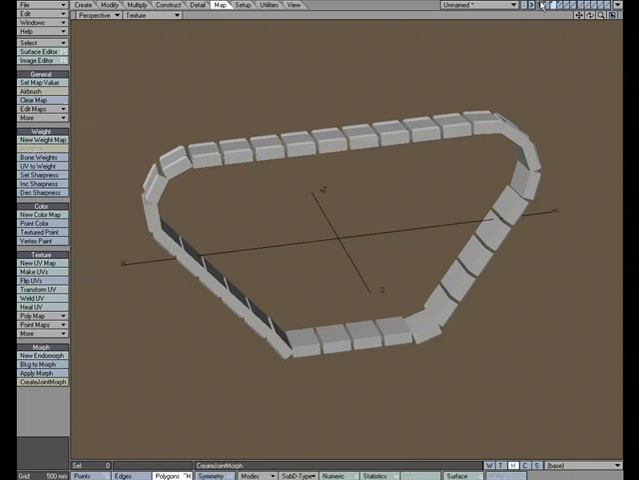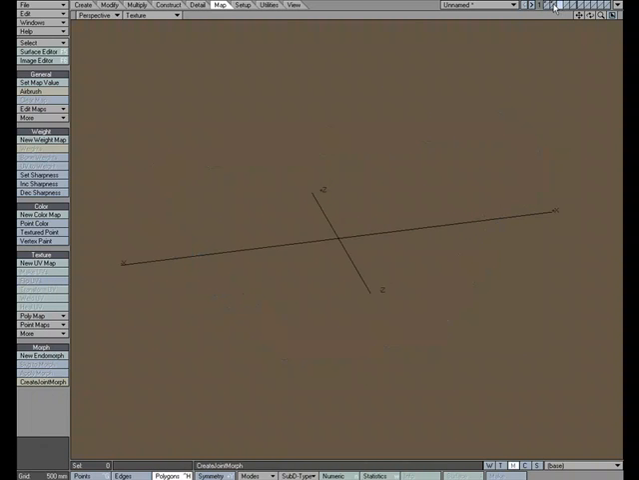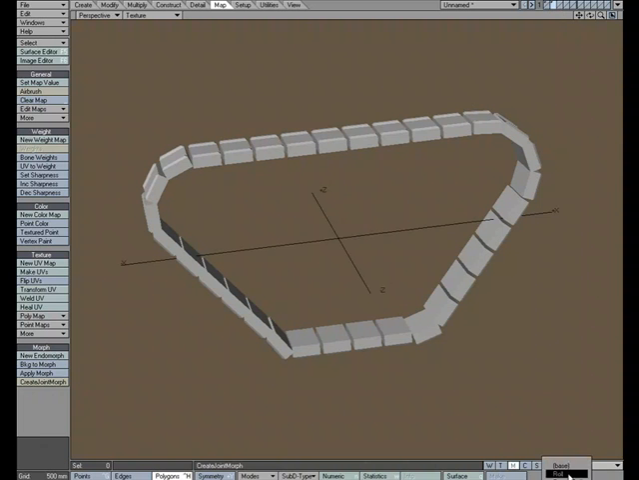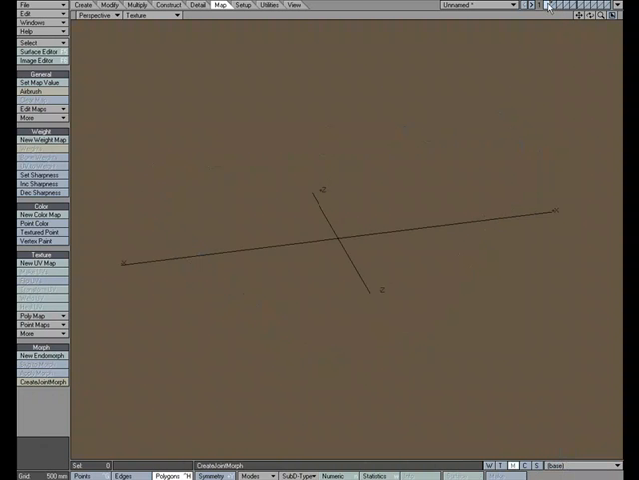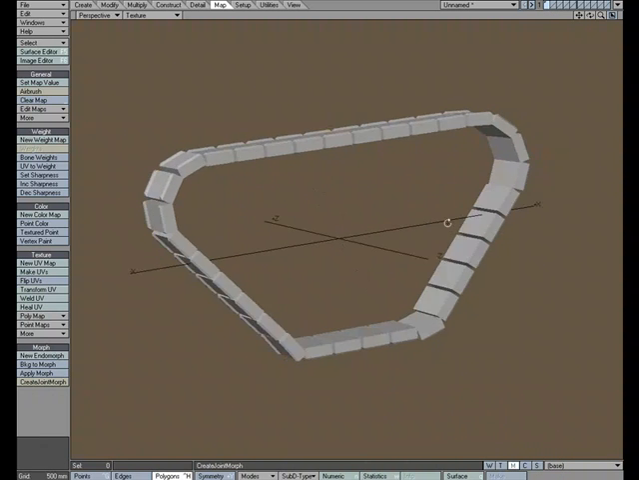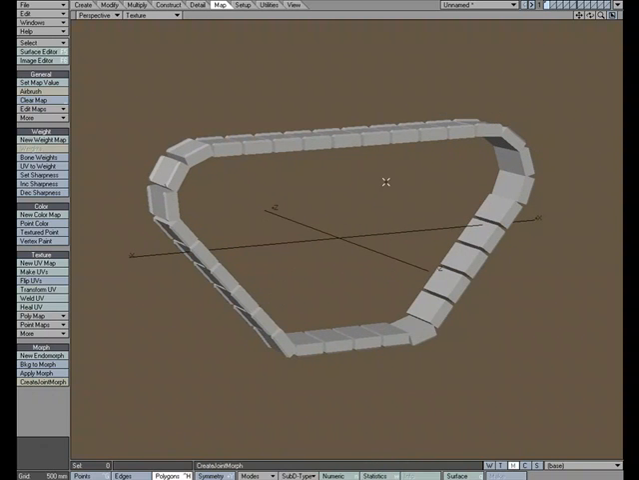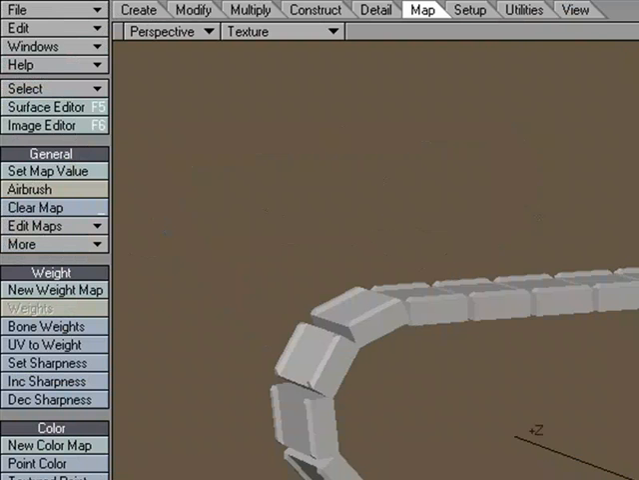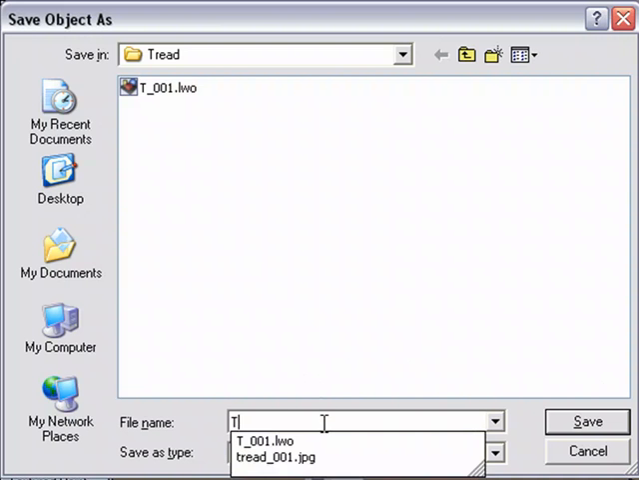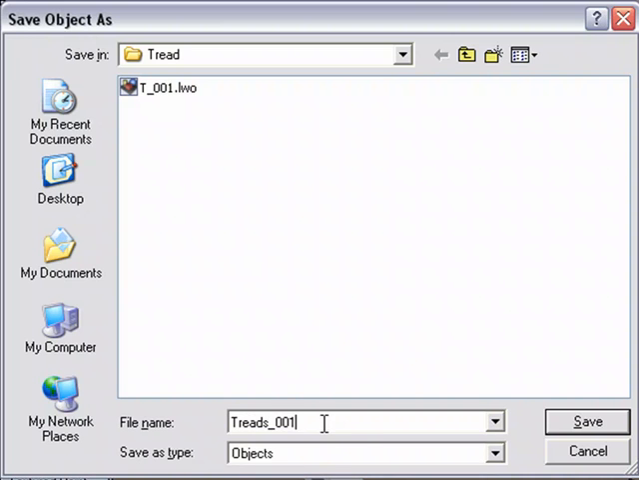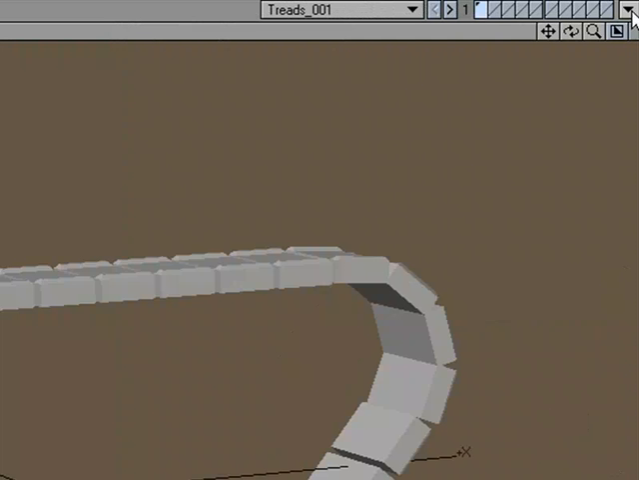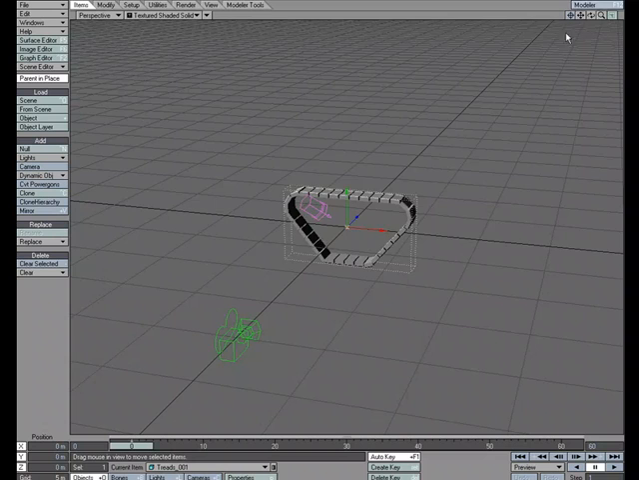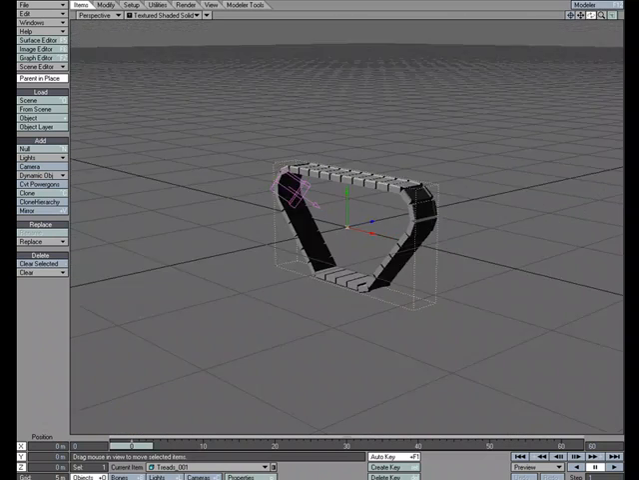Okay, so now that I have that, I'm going to go ahead and delete. I'm just going to keep this one that has the morph that we just created, and I'm going to delete the spline because we don't need that. Cut, paste. Okay, so now I have everything I need for my treads. I'm going to go ahead and save this. We'll just call this treads 001. Let's send it over to layout,